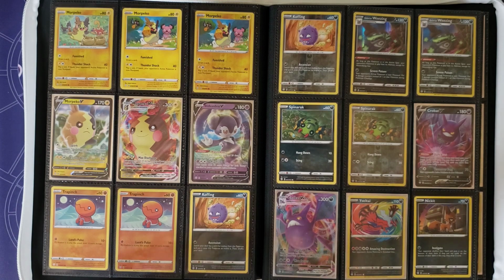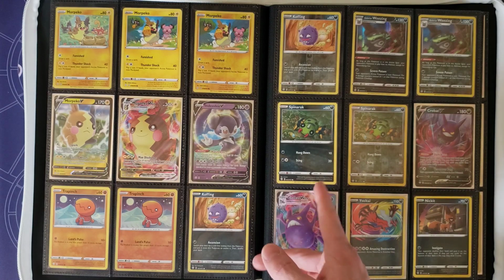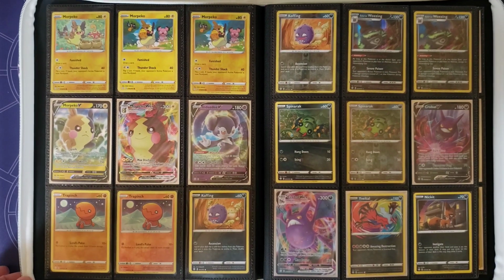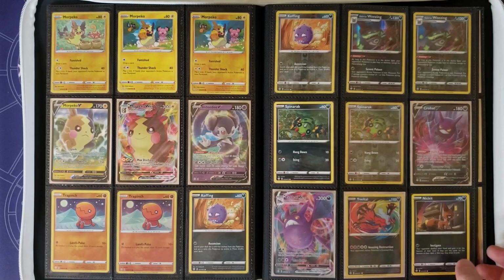From there, we do go on to Trapinch, Koffing, and Weezing. Here's another example. The Koffing is a new card. The Galarian Weezing is a reprint. Spinarak, and then we have Crobat V, which got a nice reprint in here. It's a very competitive card because it is now including the Crobat VMAX. A Yveltal Amazing Rare, and then a Nickit,